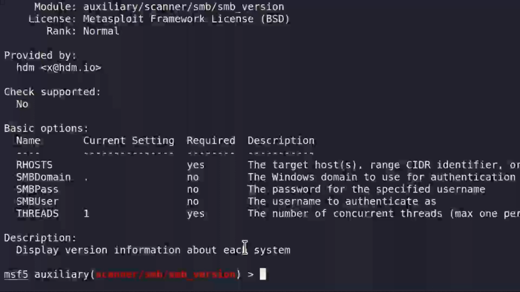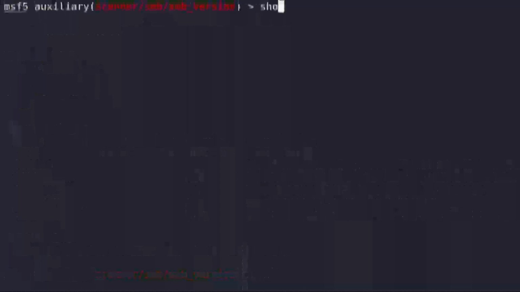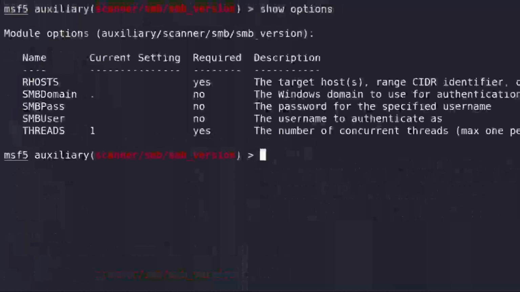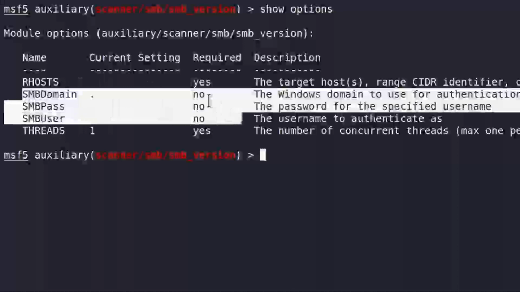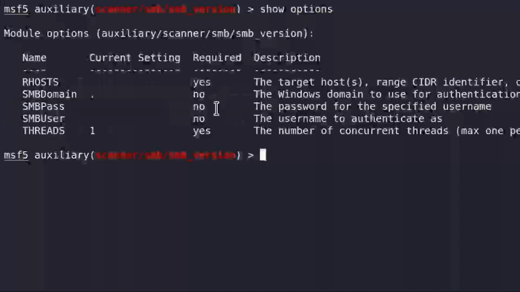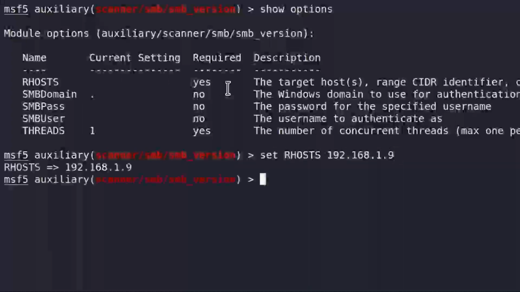Let's type all of the needed information for this to run. So we're going to type show options first, and we require our hosts. We got some other things as well, but these 3 things are not required, as it says right here. The threads we will leave on 1, and the RHOSTS will be the IP address of our Metasploitable. In my case, 192.168.1.9. I will set this right here, and if we run it,